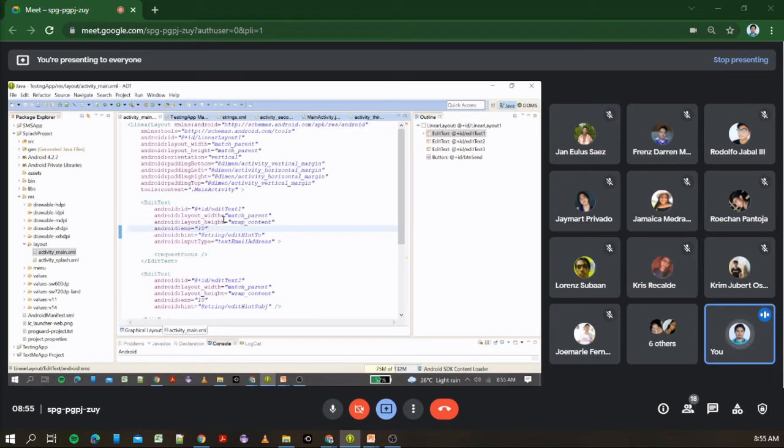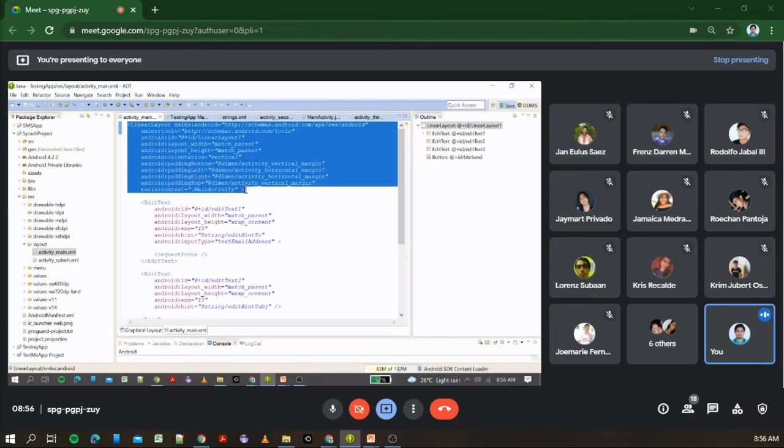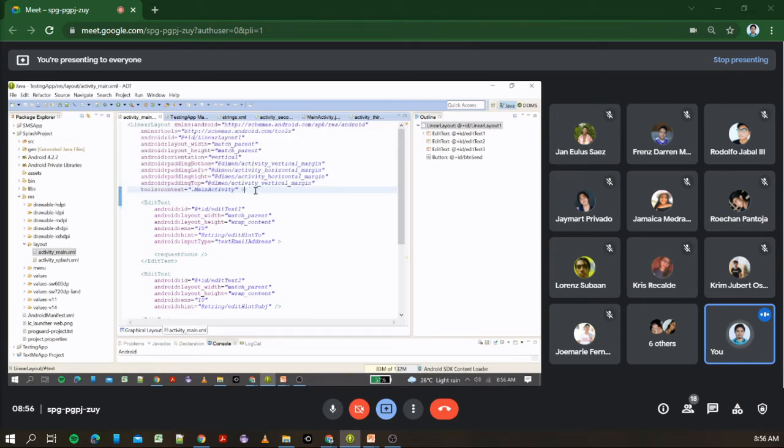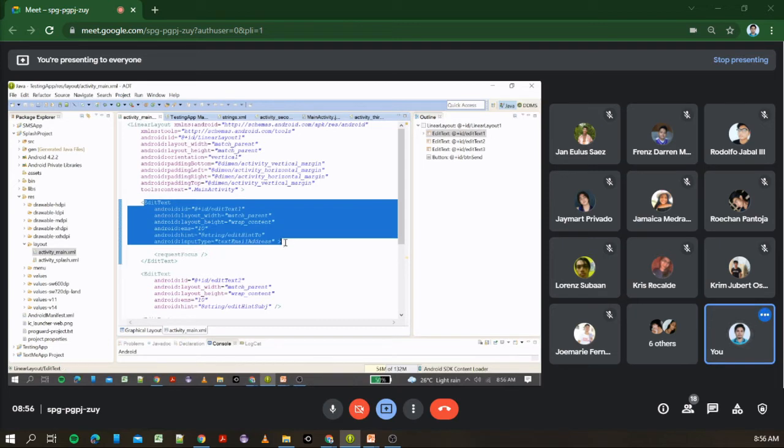XML. So, as an example, yung diniscuss ko kanina, yung pinakita ko, sa code, makikita natin yung linear layout na view group, ang declaration nun ay itong part na to. Ayan. This part is how we declared the linear layout view group in XML. Pagdating naman sa mga views as a UI element, since we have a text box or an edit text, this is the way we have declared the